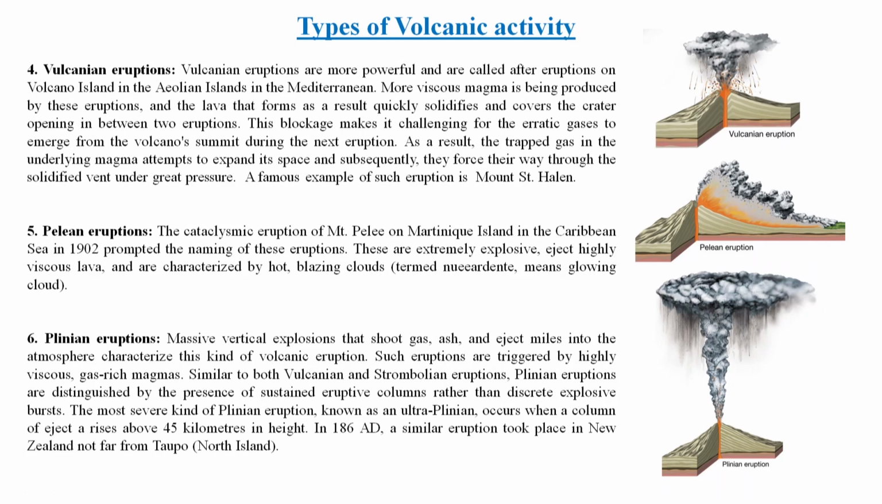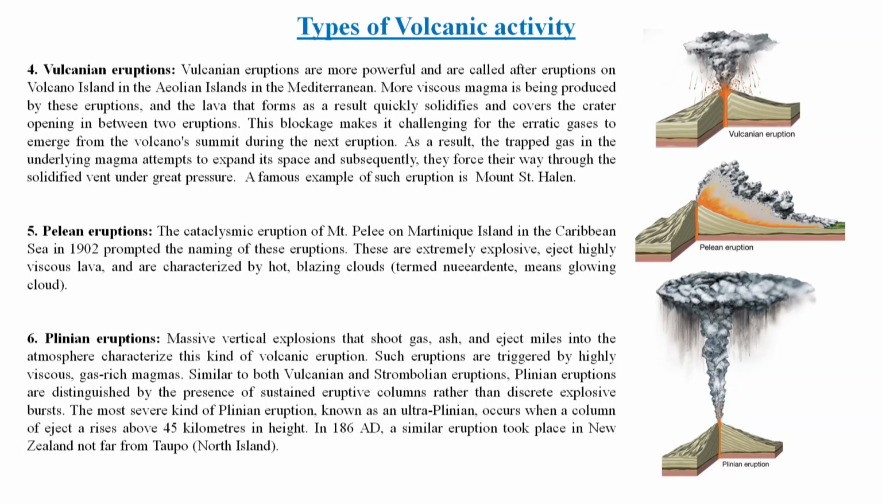The Vulcanian eruptions are more powerful and are named after eruptions of the Vulcano island in the Aeolian Islands in the Mediterranean. Again, a famous example is Mount St. Helens. So these are relatively, you can say, more violent. Pelean and Plinian are extremely violent kinds of volcanic activity. The name has been derived from the cataclysmic eruption of Mount Pelée on Martinique Island in the Caribbean Sea in 1902,